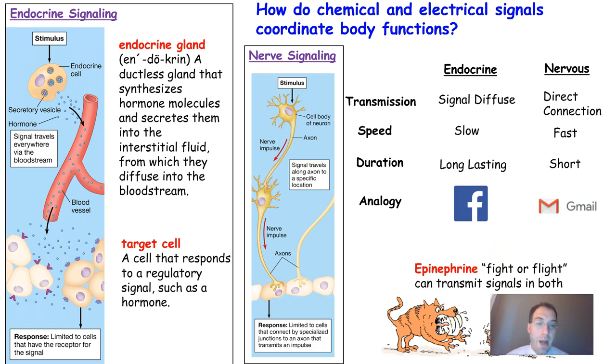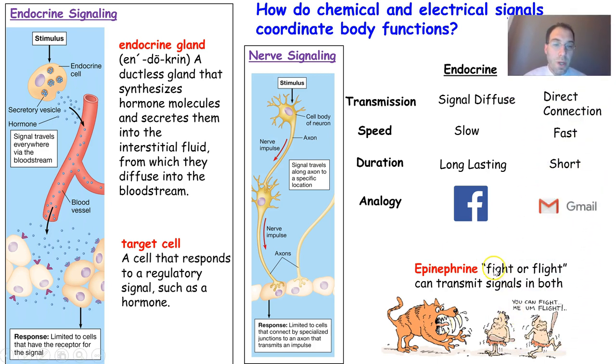And interestingly, epinephrine, you may have heard about this, is really critical for the fight or flight. What's neat about the interactions between the endocrine and the nervous system is that you have tight coordination between them. So much so that epinephrine is not only a hormone which signals in the endocrine system, but it's also a neurotransmitter which is able to help propagate a signal from one neuron to another. So just because you're a chemical or an ion like calcium, it doesn't mean that you're precluded from interacting in one versus the other. You can actually be in both systems.